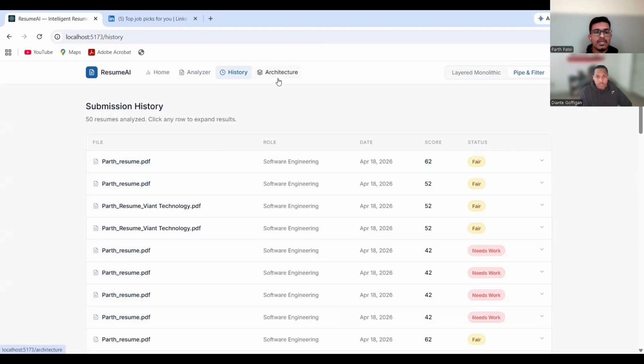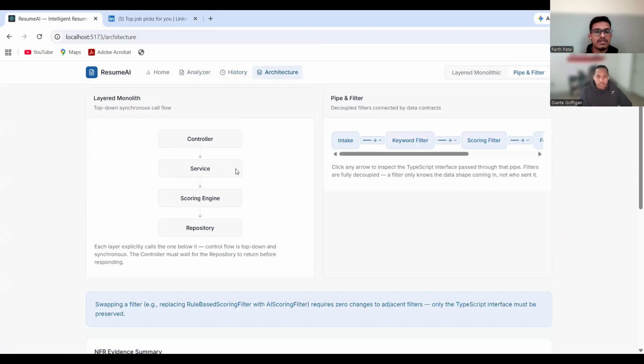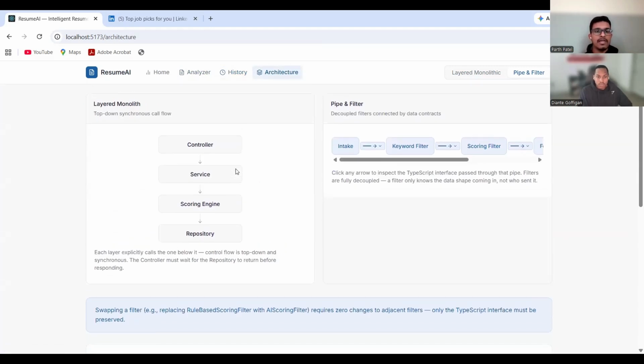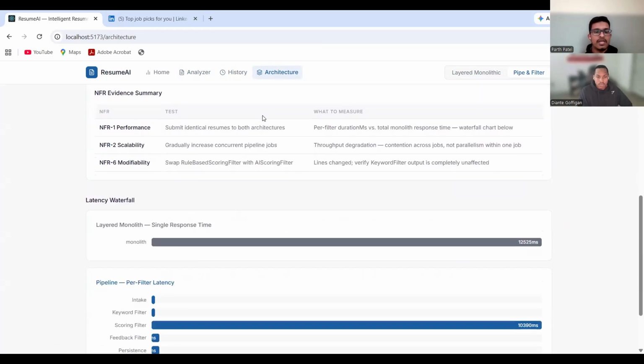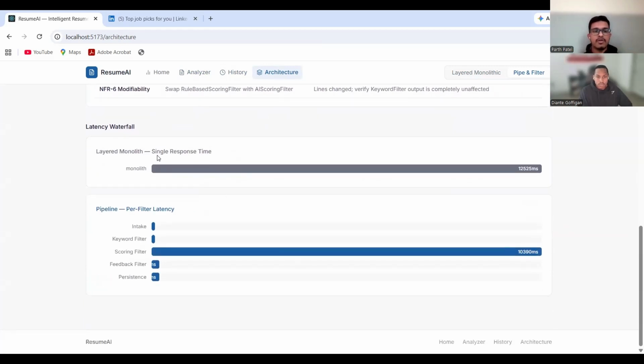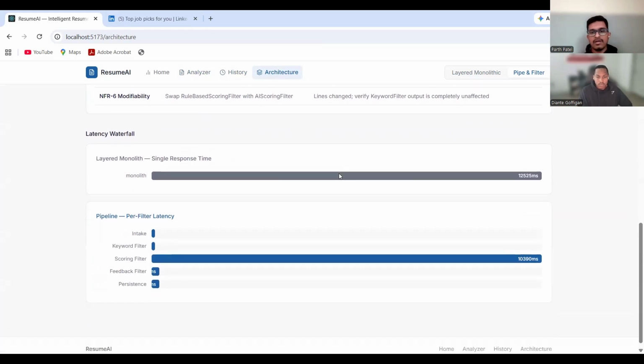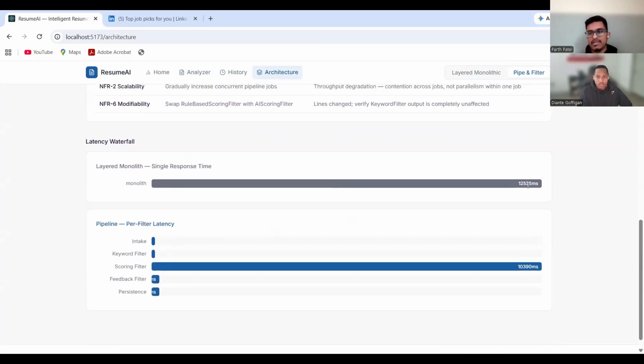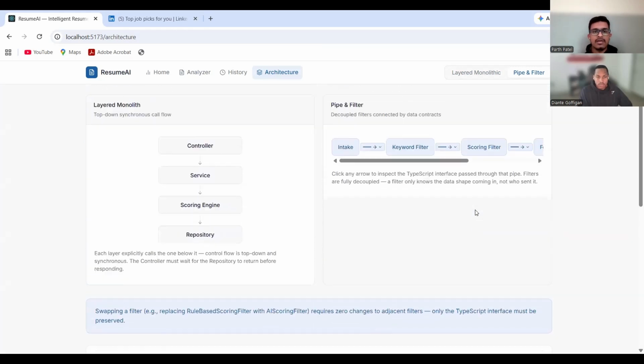And here is the architecture of both layer monolithic and pipe and filter. And we can see the latency waterfall here, that monolithic takes nearly this amount of time and pipe and filter takes nearly 10,000 milliseconds. So here is the